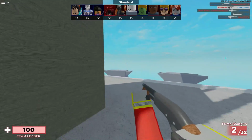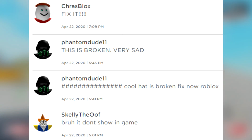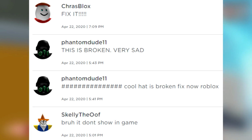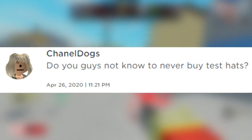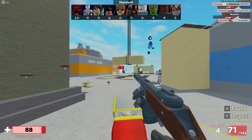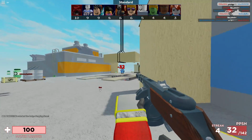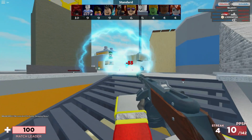But the comment section of this hat just holds a very similar nature. Some people getting angry because they bought it and now it's broken and off sale, and some people saying, "Ha! Fools, you should never buy test hats." Oh, and this one was created a little bit earlier too, with it being in March. But of course, these two were the only apparent test hats that I could easily see from this Roblox account,